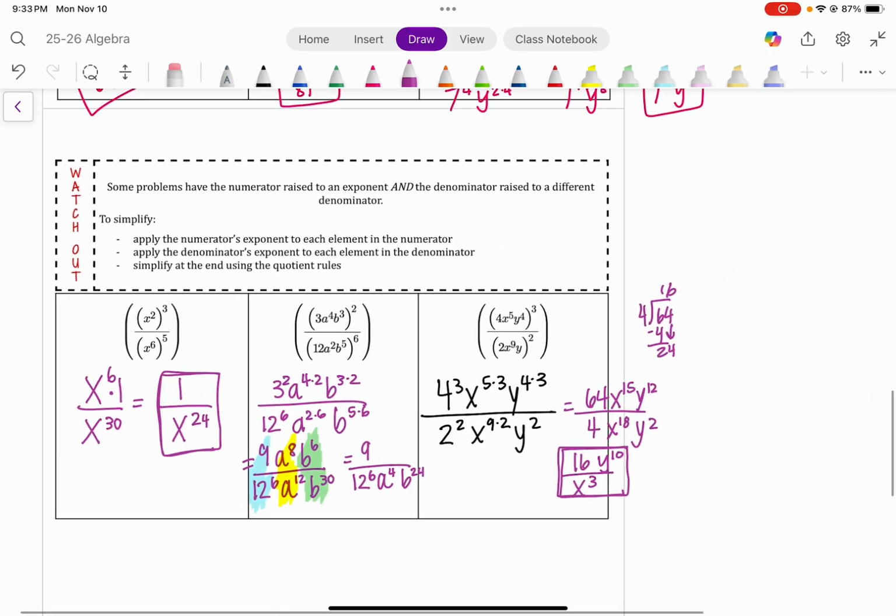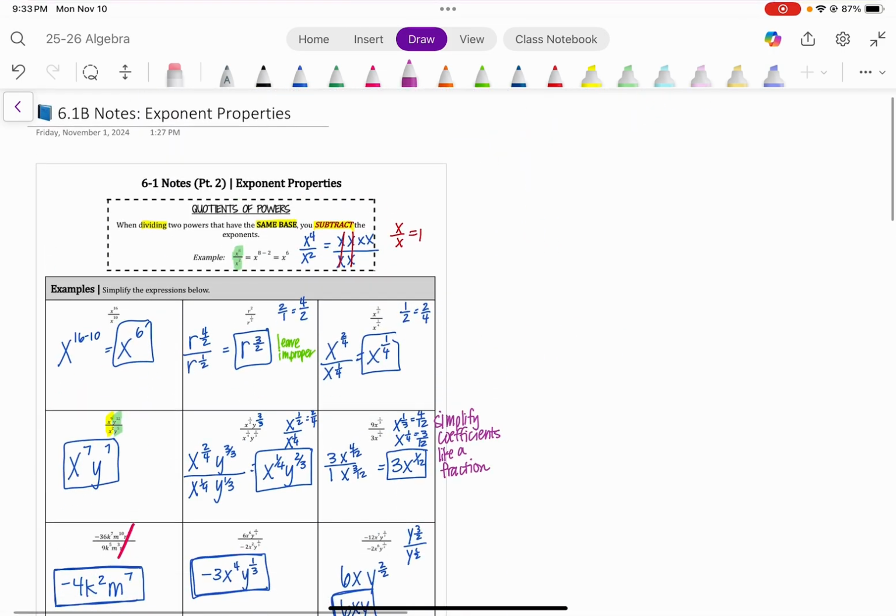And that is the end of those notes. They weren't that long, but they weren't